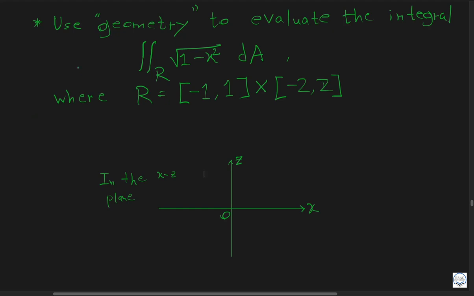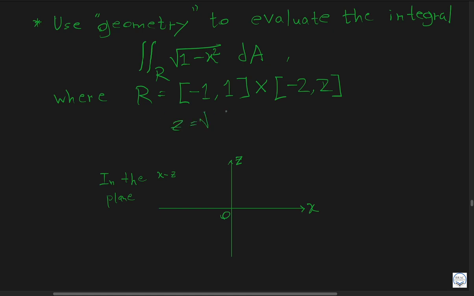The problem reads: use geometry to evaluate the double integral over the region R of square root of 1 minus x squared dA, where R is this particular region with the x interval from -1 to +1 and the y interval from -2 to +2. Now this problem is essentially asking us to calculate the volume underneath this surface, square root of 1 minus x squared, and the way we can